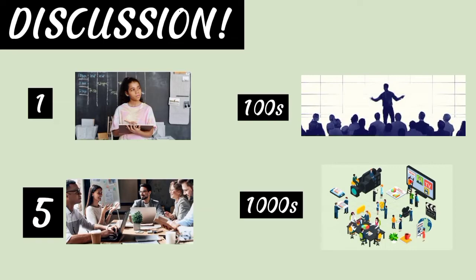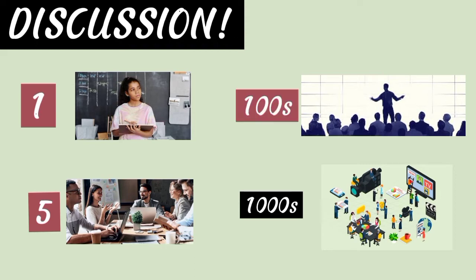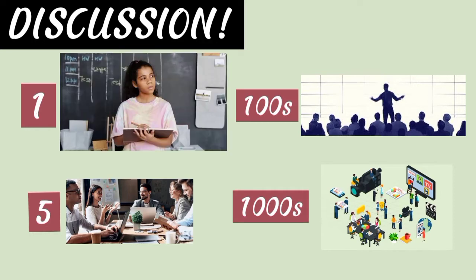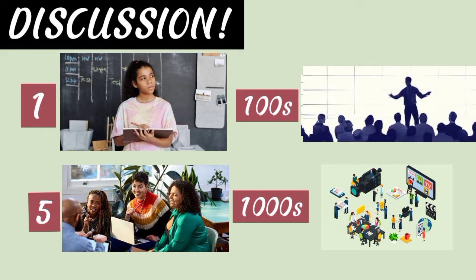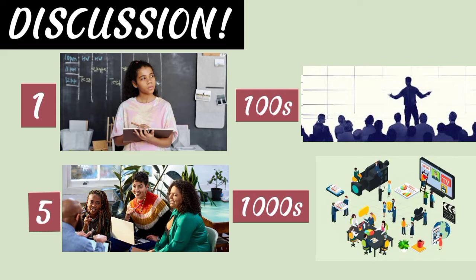Let me start our lesson discussion by showing you pictures and numbers. As you can see, we have pictures and there are also numbers on the left side. What do they represent? Try to guess. What picture best illustrates number 1? How about number 2? For picture 3, how about picture 4? Is it obvious that picture 1 represents number 1? Picture 2, so it is number 5. For picture 3, it represents hundreds. And picture 4 could be thousands.